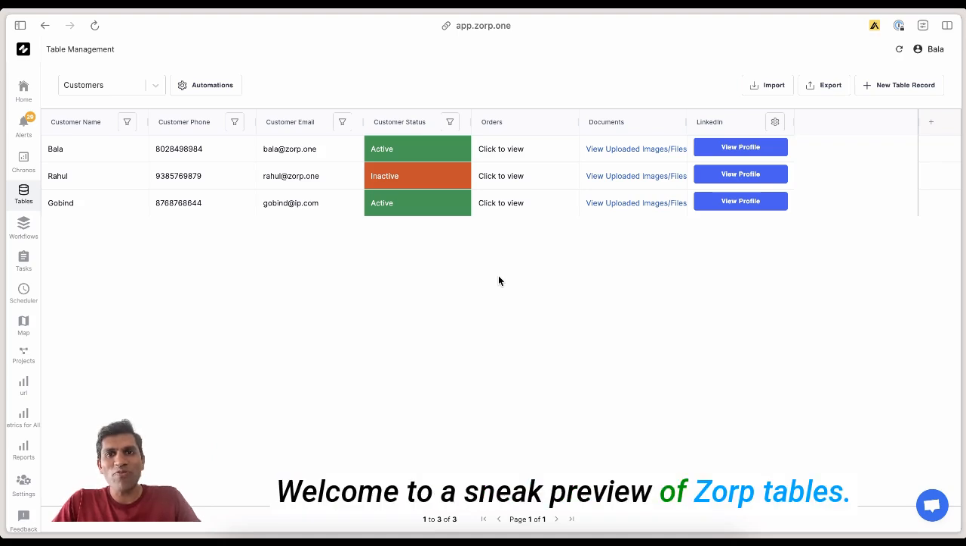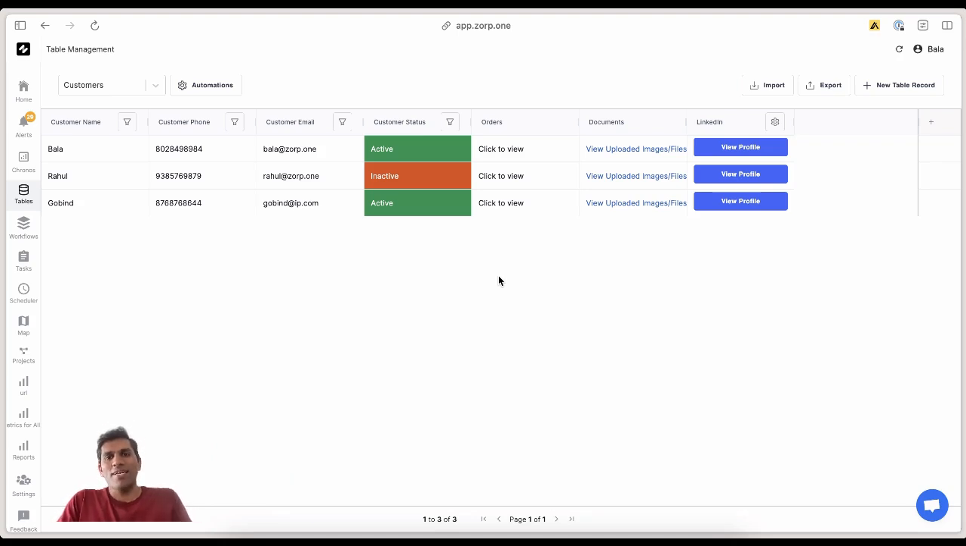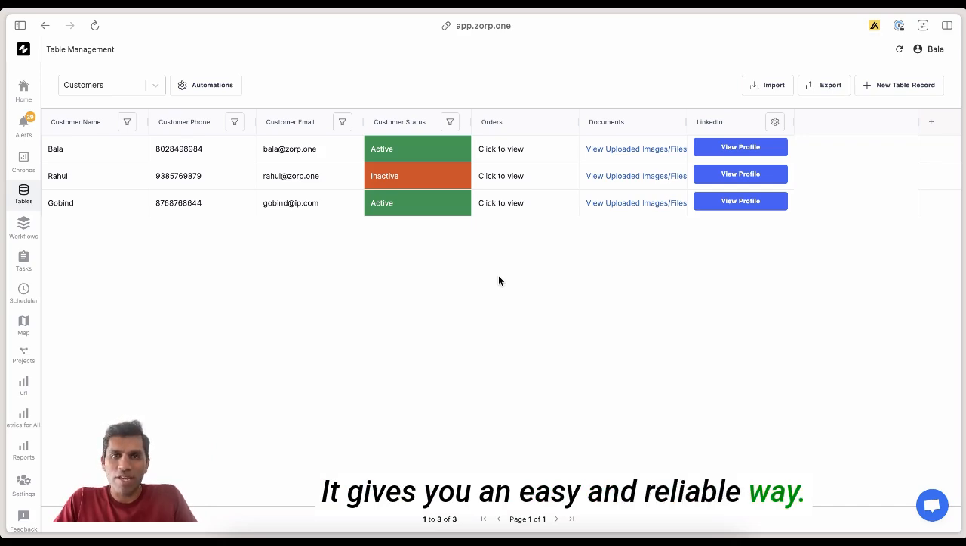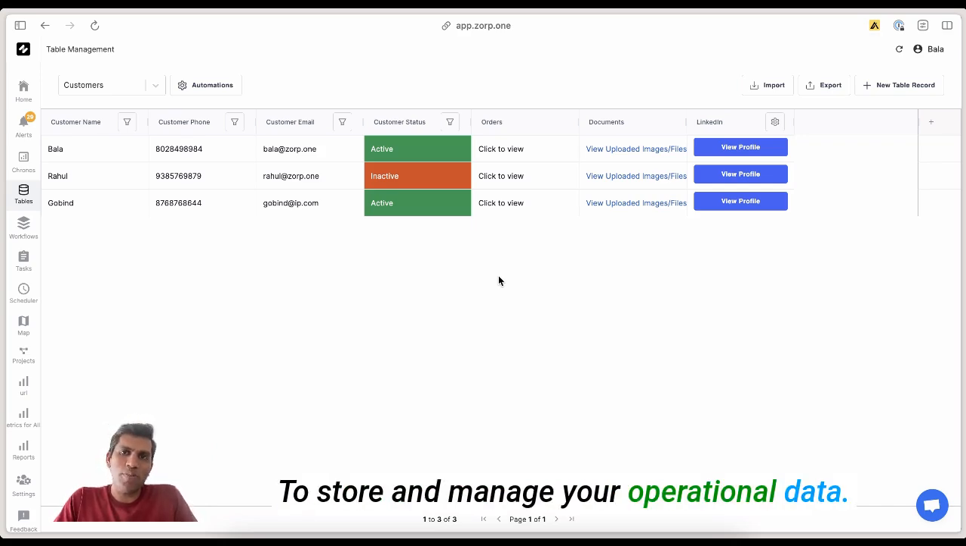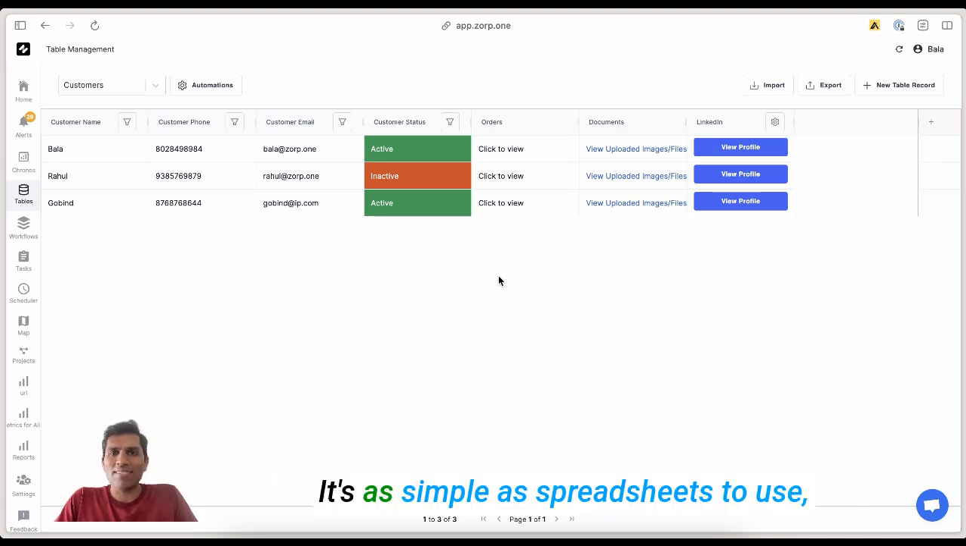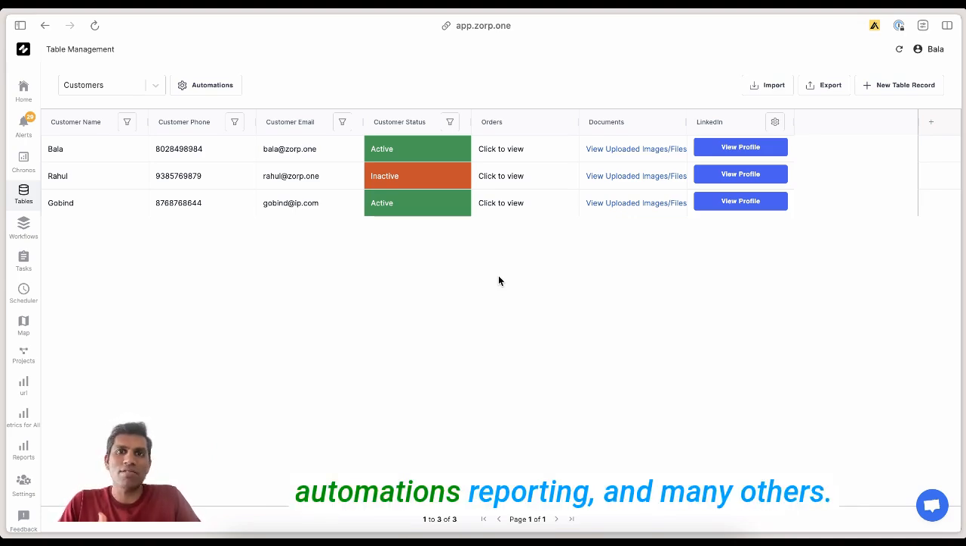Welcome to a sneak preview of ZORP Tables. It gives you an easy and reliable way to store and manage your operational data. It's as simple as spreadsheets to use, but comes with better data quality controls, better access controls, automations, reporting, and